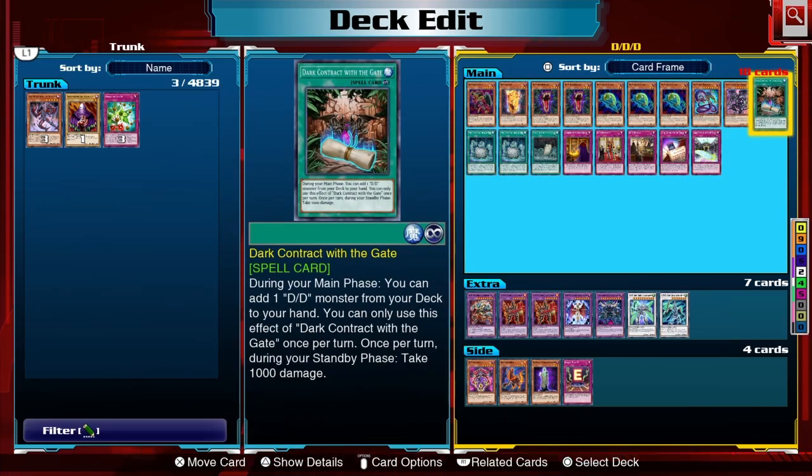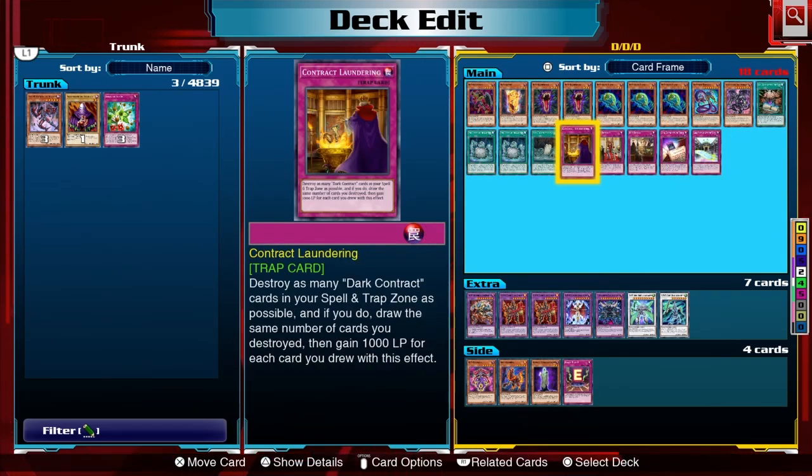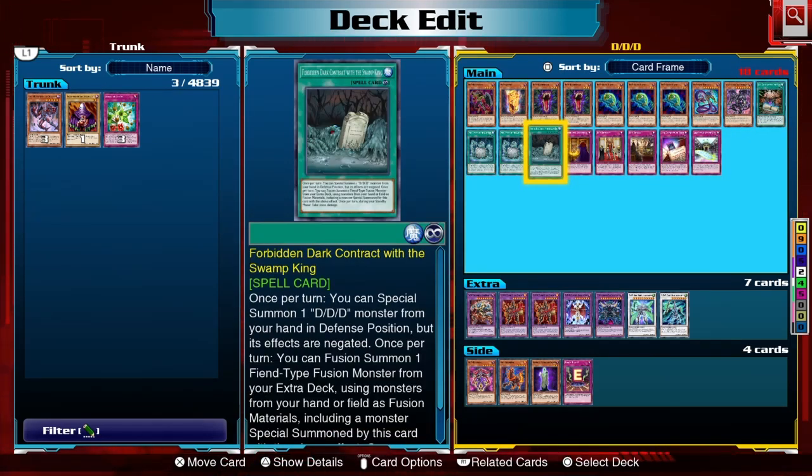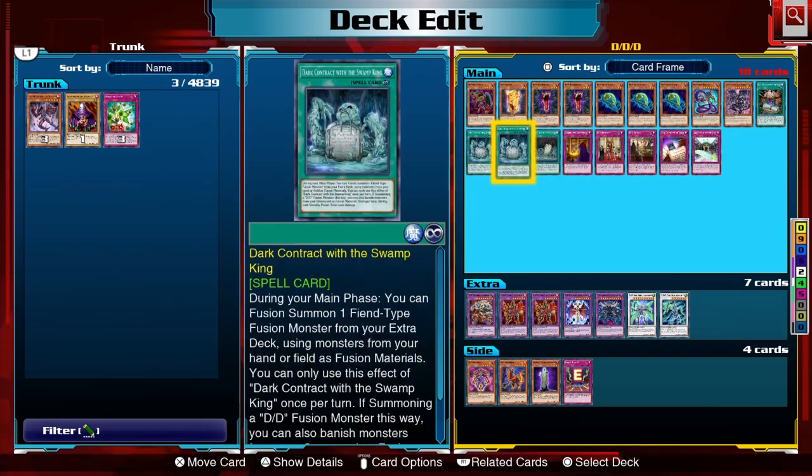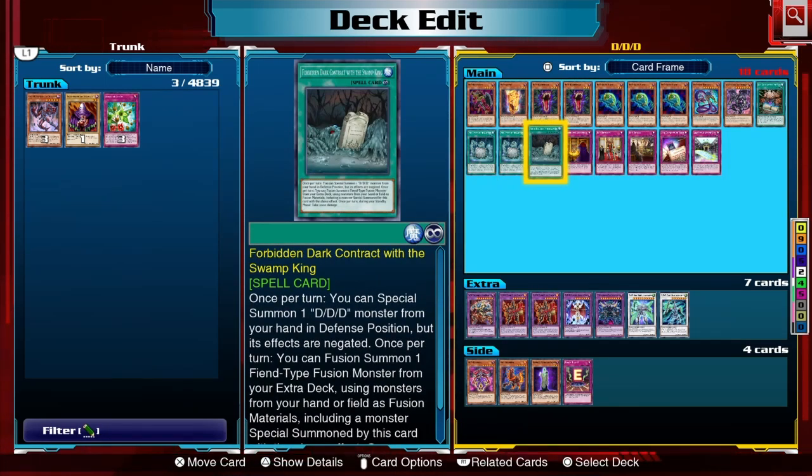Now we have a searcher in the deck, which I'm saying we're going to run 2 of at least. Dark Contract with the Gate. Now with these contract cards, you're paying 1,000, but the one that I'm also going to say we're running no copies of is Forbidden Dark Contract with the Swamp King. This card makes it take 2,000. It basically does what this one does, but